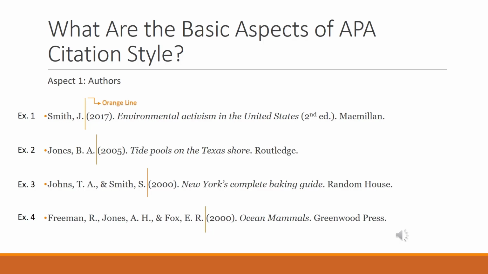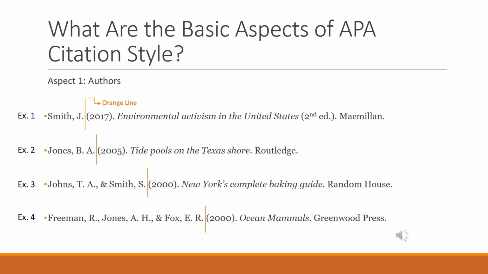In example 3, there are two authors. Again, you begin with the last name first, a comma, and then the first initials. After the initials, you insert a comma, a space, and then an ampersand. The ampersand indicates this will be the final author. Follow the ampersand with a space and the final author written last name first, comma, then the first and middle